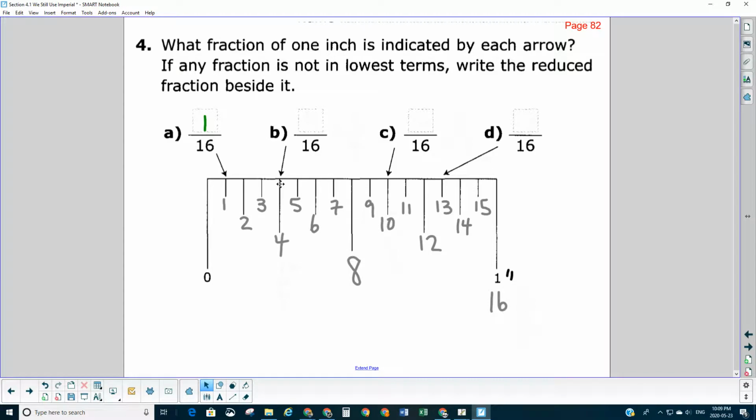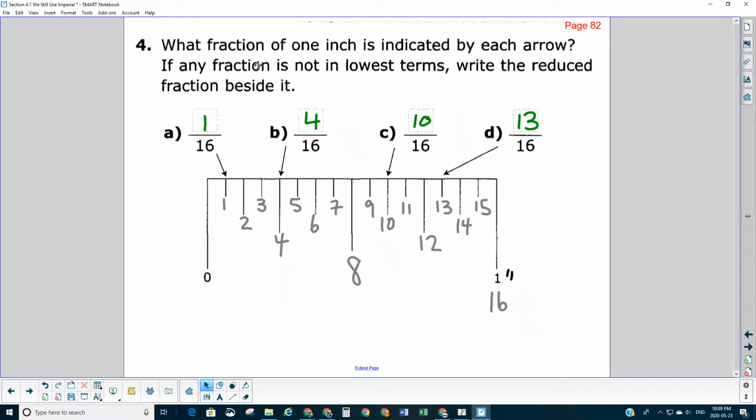Okay, and then if I was looking at this one, it's pointing right to the 4, and I can count this 1, 2, 3, 4. I'm at 4/16. Keep counting 5, 6, 7, 8, 9, and then here I am at this one. It wants 10/16, and then this one here is 13/16. Okay, so writing in 16ths is actually pretty easy, but some of these make more sense if they're